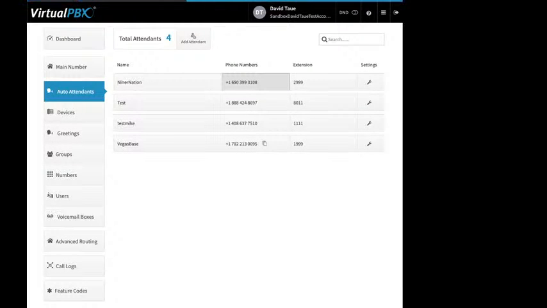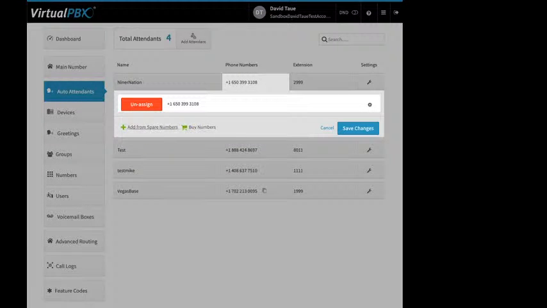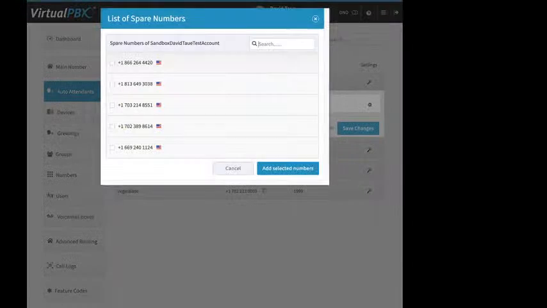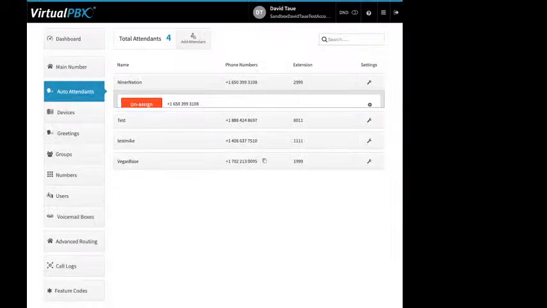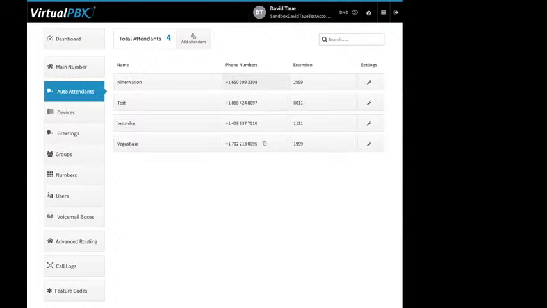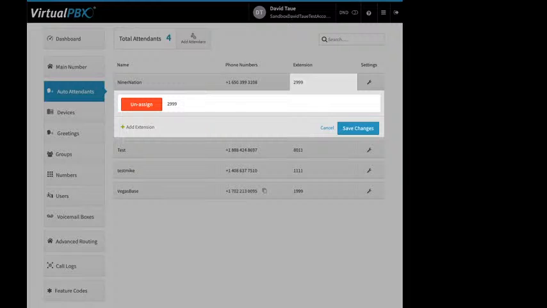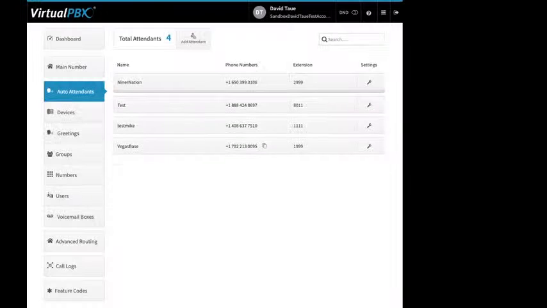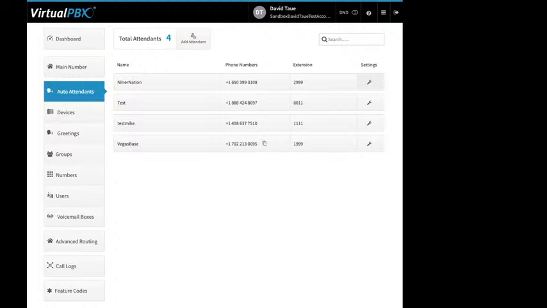Phone numbers, you can add any of your spare numbers, or you can buy a new number, right? And so if people call on these phone numbers, they're going directly to these particular attendants. You click on extension number, you can add extensions or change the extension. And then you got the little wrench icon. If you click on this,